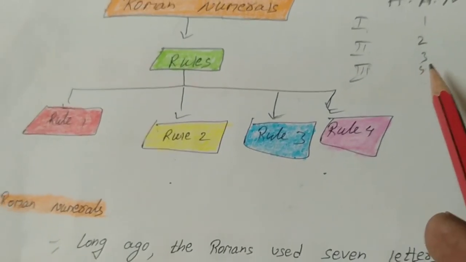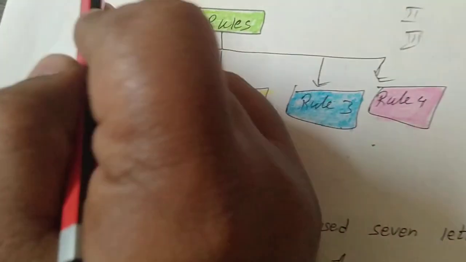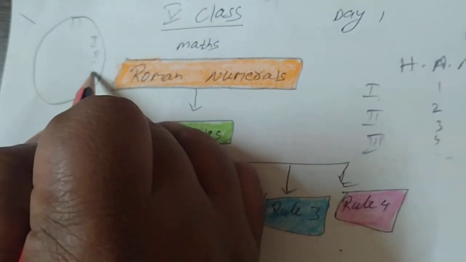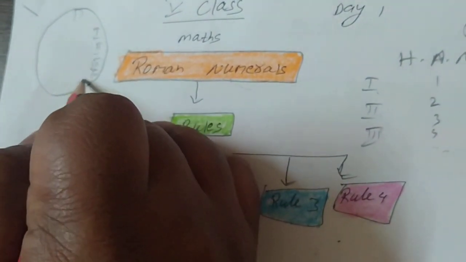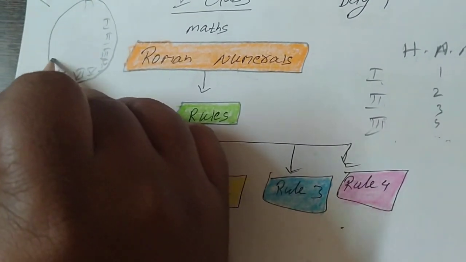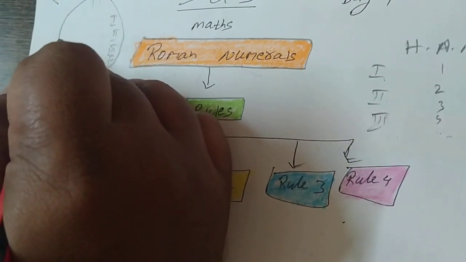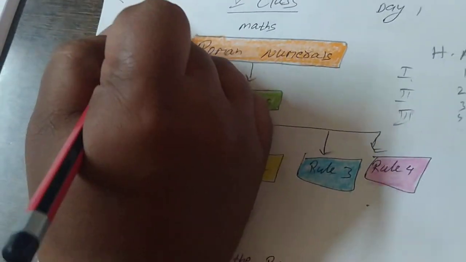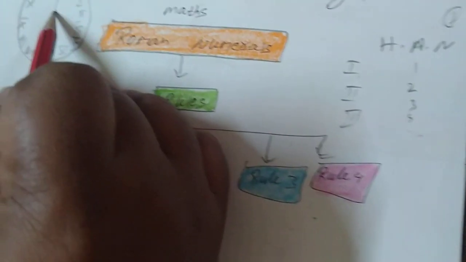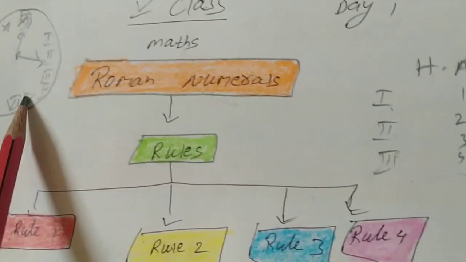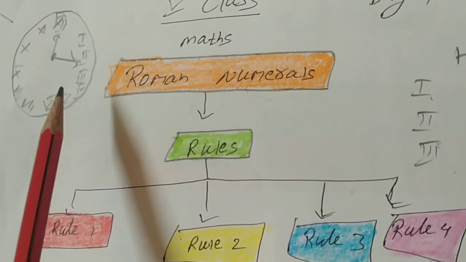For example, if you look at a watch, you see the time. In the time circle also, they give Roman numbers only. Now for example, here 1 is there, 1, 2, and 3, and 4, and 5, and 6. Similarly 7, and 8, and 9, and 10, and 11, and 12. Now in the watch also you will see the same Roman numbers only. So Roman numbers you can easily identify, and simply use shortcut methods.